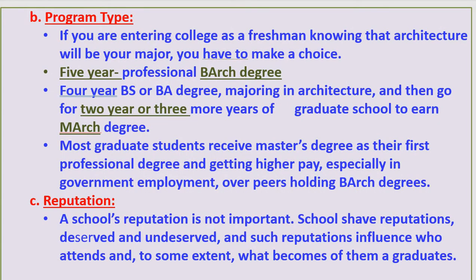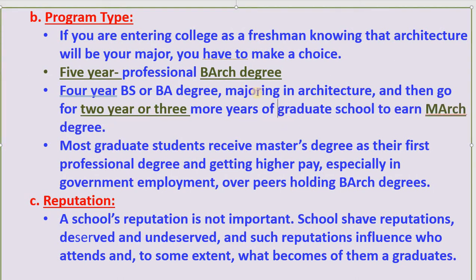Okay, about the program. A lot of people know that architecture school needs a 5-year program for a bachelor's degree, and after that, if you continue with a master's degree, you need more or less 2 more years to finish. But if you have a bachelor's degree, you need 5 years. I did it in less than 5 years because I studied in the summer.